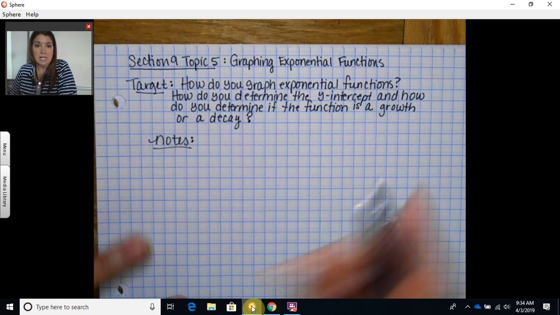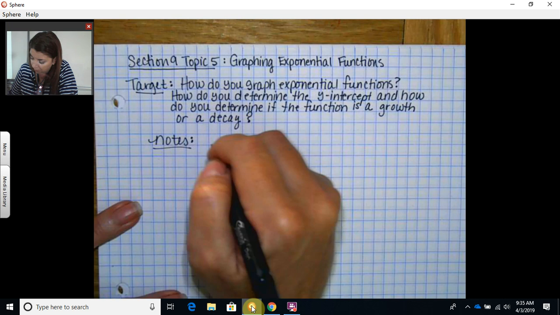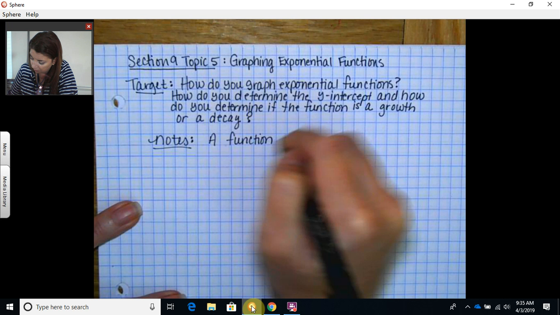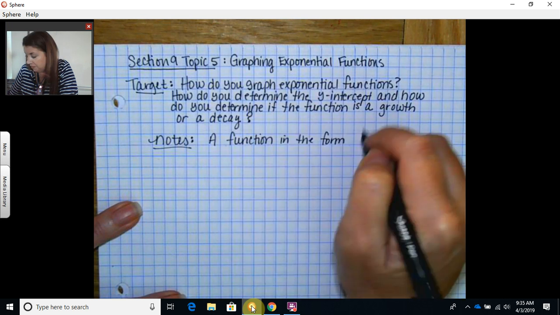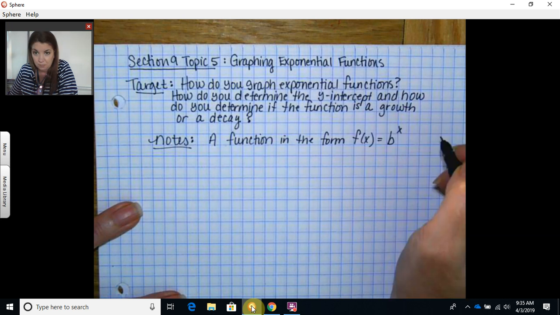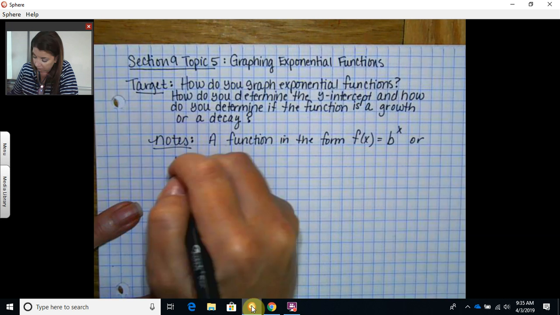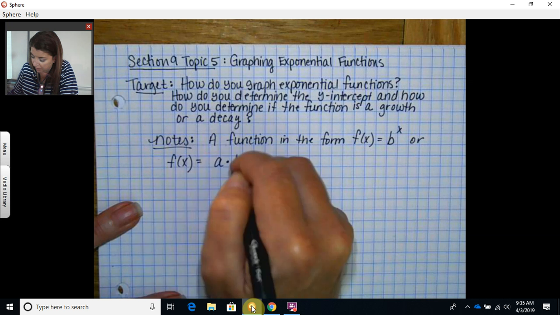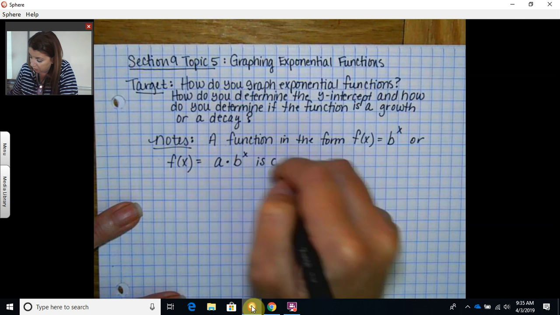A function in the form f of x equals b raised to the x, or f of x equals a times b raised to the x is called an exponential function